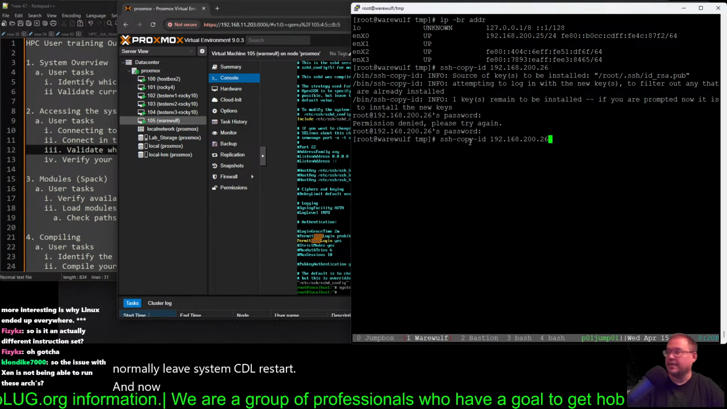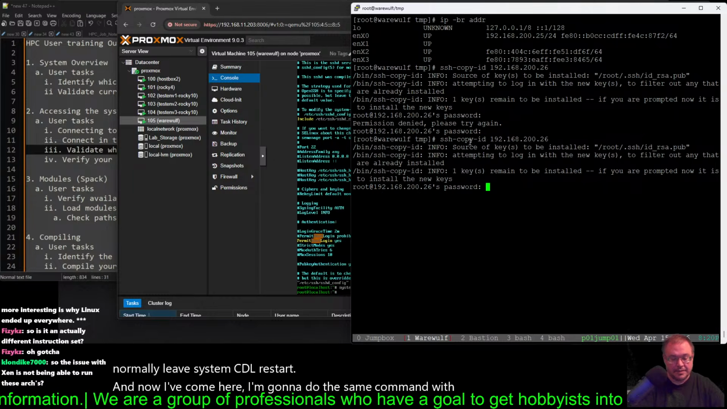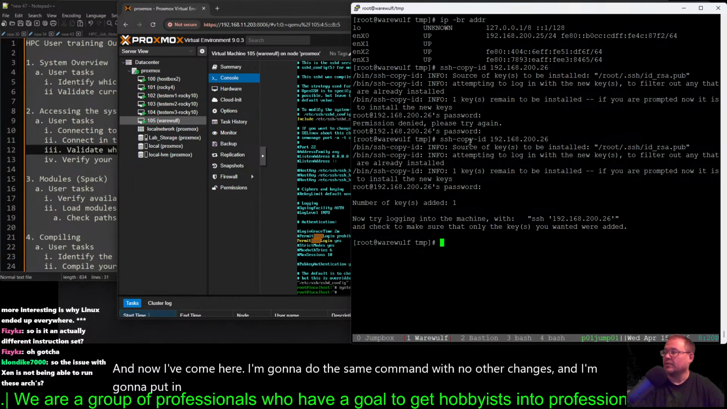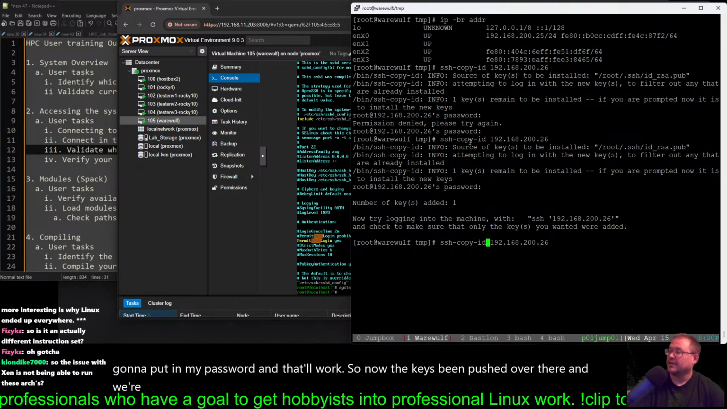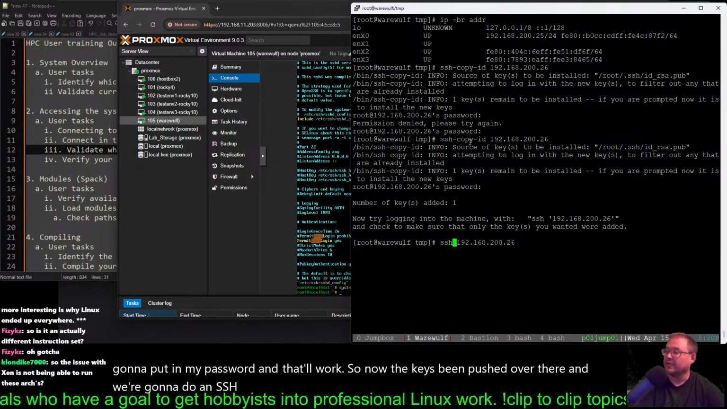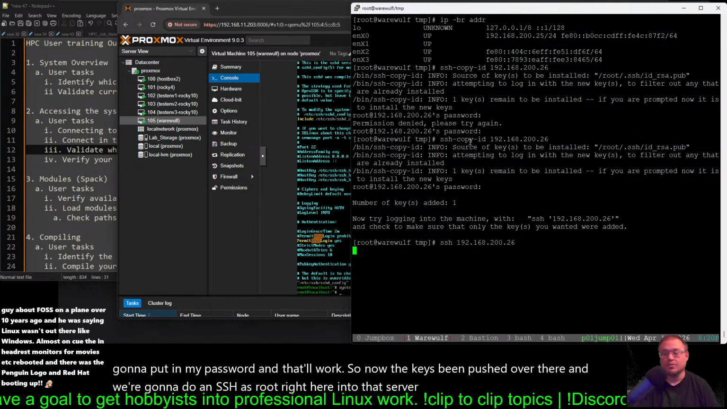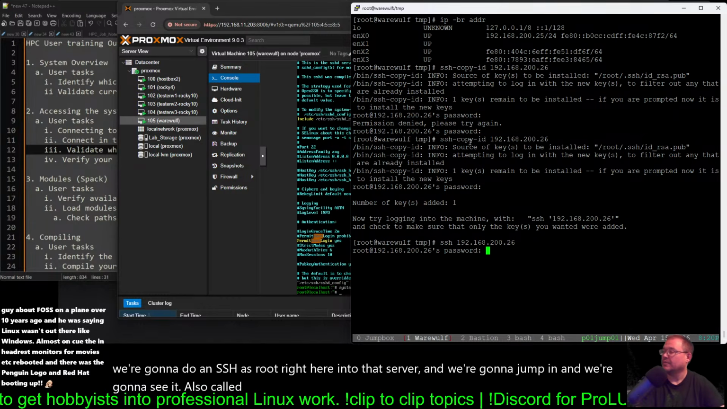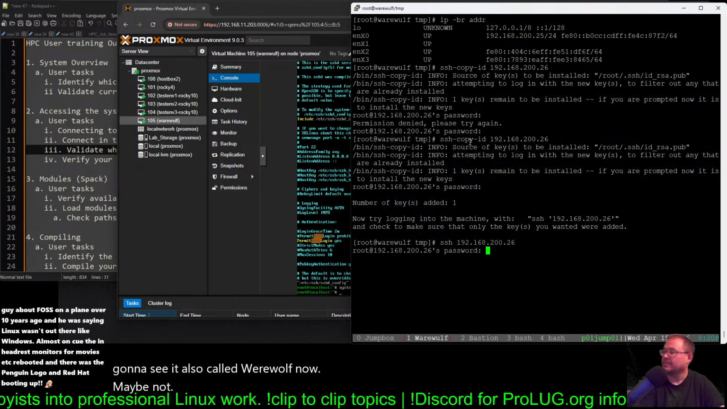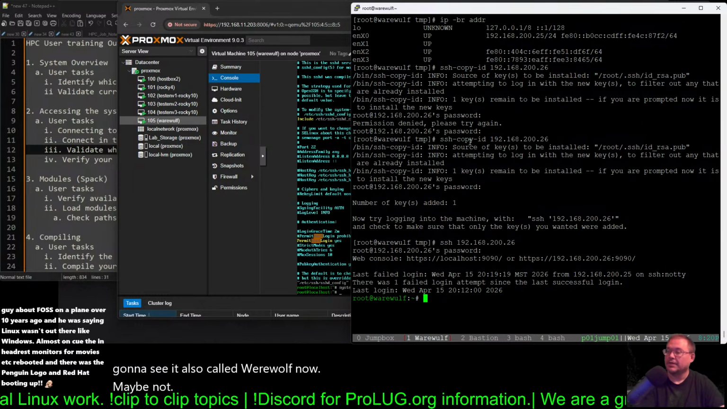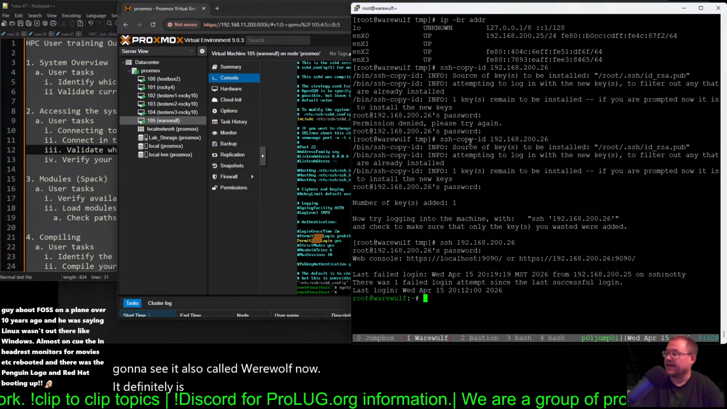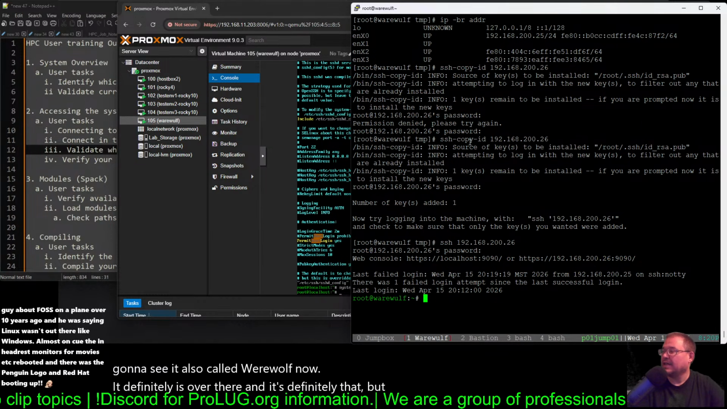And now I'll come here. I'm going to do the same command with no other changes. And I'm going to put in my password and that'll work. So now the key's been pushed over there and we're going to do an SSH as root right here into that server, and we're going to jump in and we're going to see it also called Werewolf now. What? Maybe not. Well, it definitely is over there and it's definitely that, but for some reason it did not allow me to do